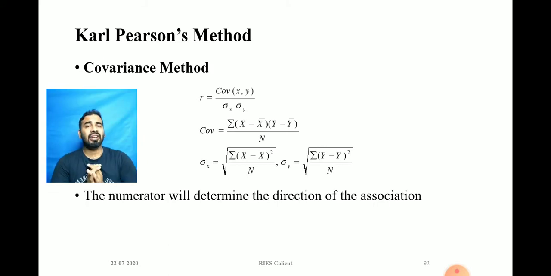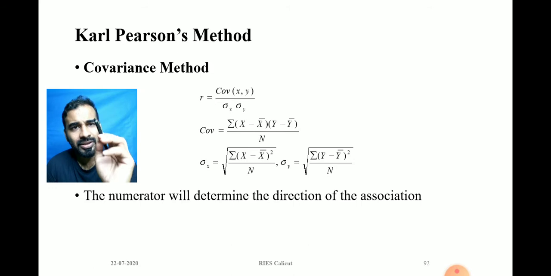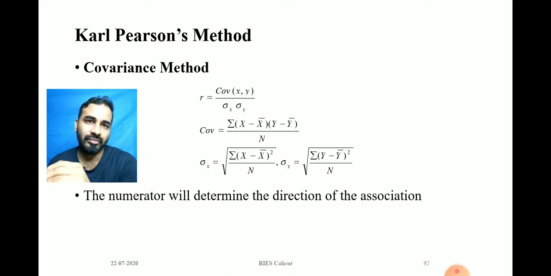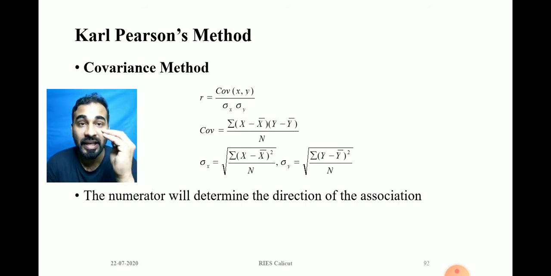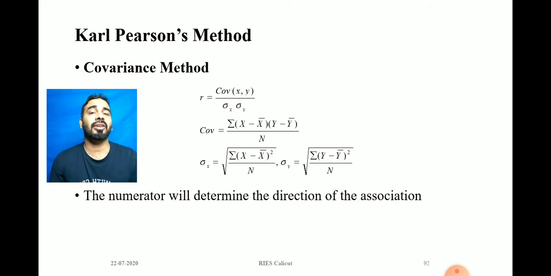The direction of a relationship is determined by the numerator. What's the numerator here? Covariance of x and y. So if the covariance of x and y is negative, then the correlation will be negative. If the numerator is positive, then the relationship or direction is positive, because the denominator is standard deviation or